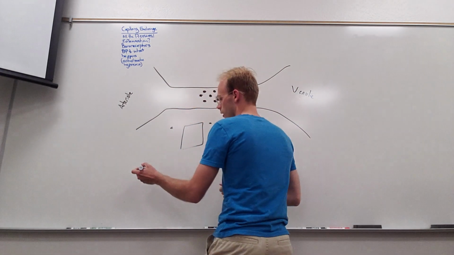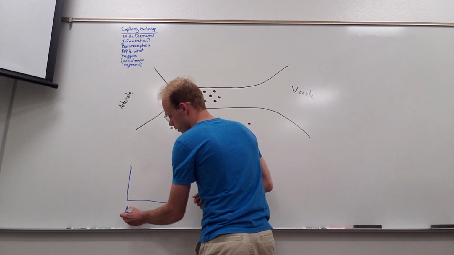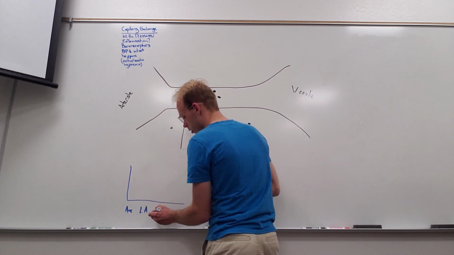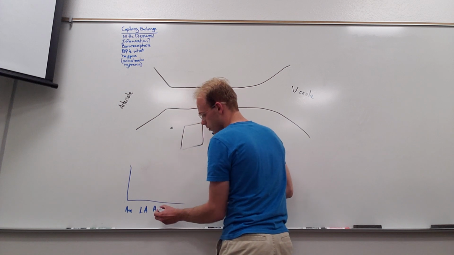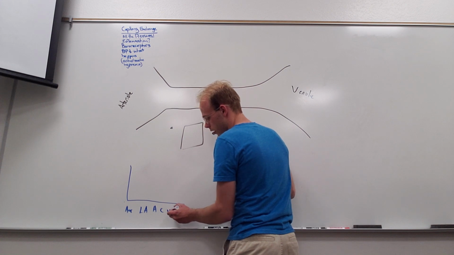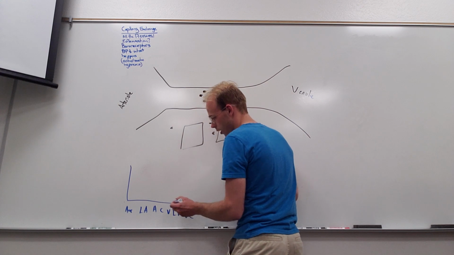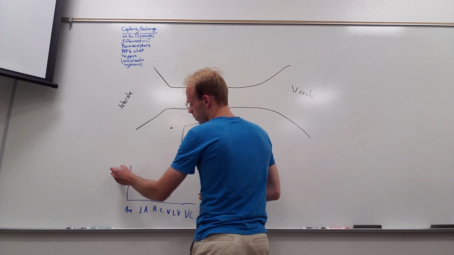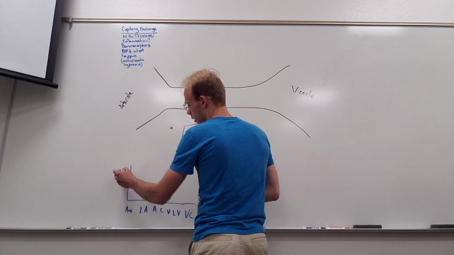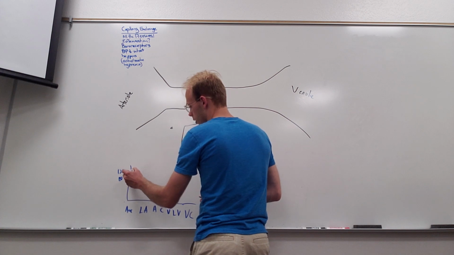We'll draw a little chart here. So you've got your aorta, and then you've got large arteries, and then arterioles, and then capillaries, and then veins, large veins, and then vena cava. And so we're going to start with some high pressure up here. I'm going to say it's around 120-ish, and then right here, say about 80,